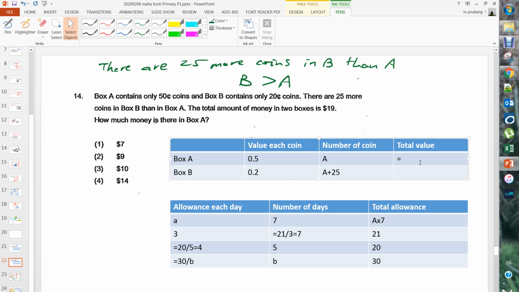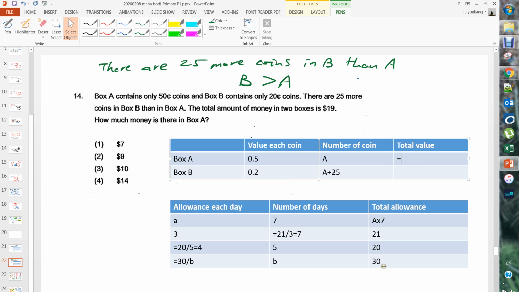How do you get total value? What operation? Plus? This one plus which one? 0.5 plus... How come you plus now? Just now you do what? Times. Then how come now you say plus? So is it plus or times? How to decide whether it's plus or times? By giving yourself a